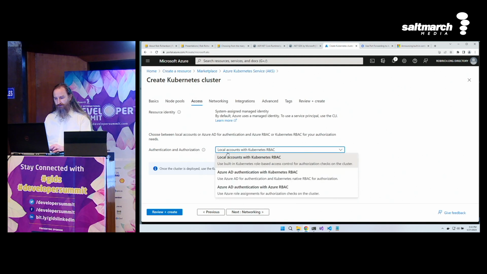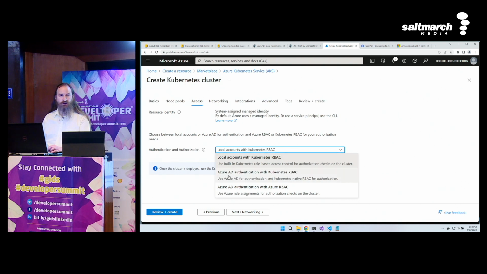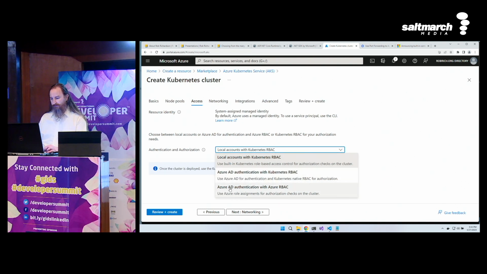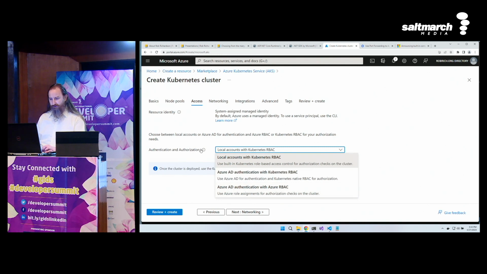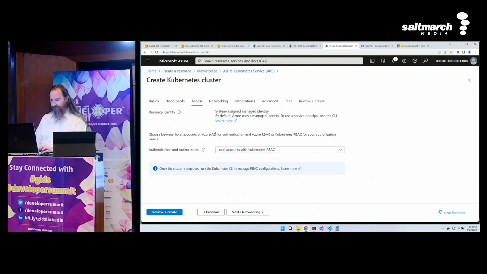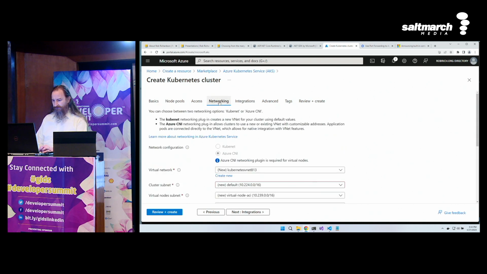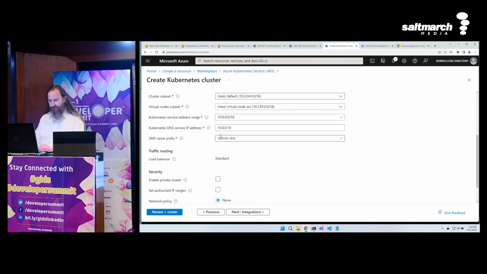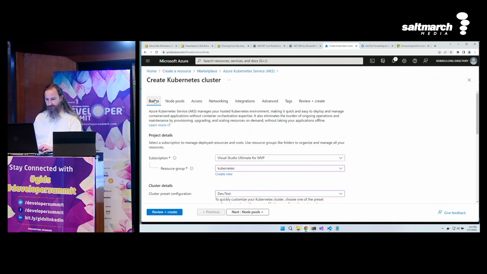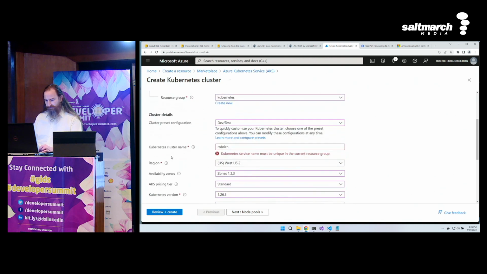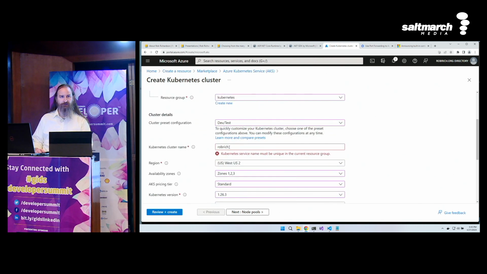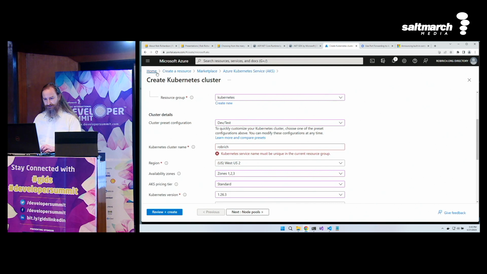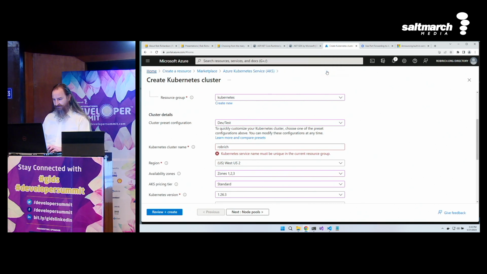Next, we can take a look at the authentication. Do we want to do local accounts with Kubernetes RBAC? Do we want to move that authentication into Azure instead, or Azure AD? Or do we want to just do Azure AD with Azure stuff? We can start poking at the networking and do other stuff, and there's a lot more options. But what we'll notice here is that I completely missed the part about how, hey, Rob Rich already exists because, well, yeah, I already built this cluster.